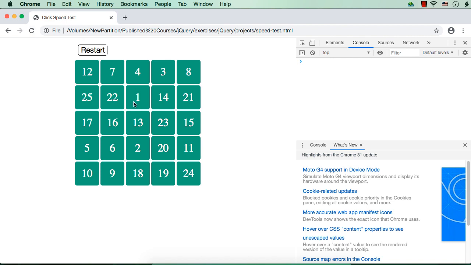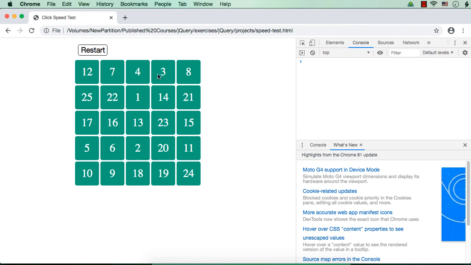So here we have generated numbers from 1 to 25, right? 1 is here, 2, 3, 4, 5, 6, 7, 8, 9, 10, 11, 12, where is 13, 13, 14, 15, 16, 17, 18, 19, 20, 21, 22, 23, 24 and 25.